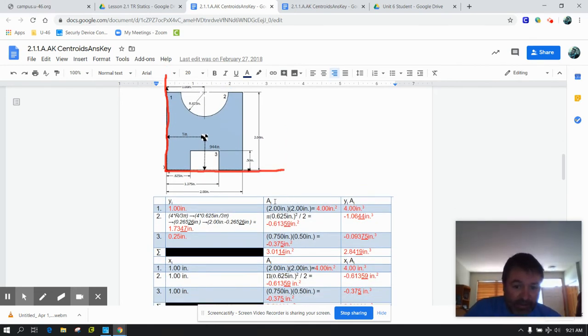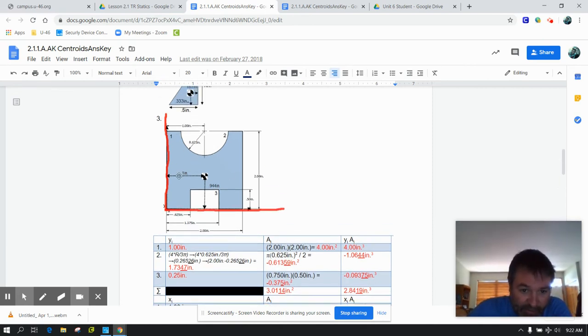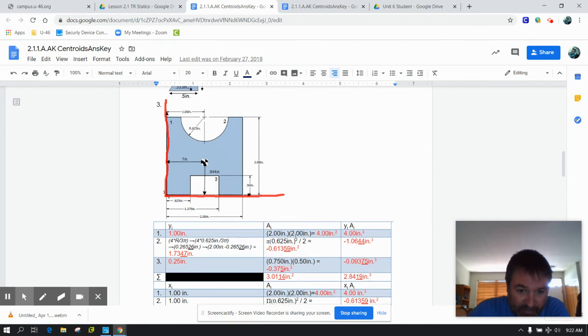For A1, this is the area. All you're doing is finding the area. The area of shape 1 is 2 times 2, that's the height times the width. The area of shape 2 here is for the semicircle, and the area of the rectangle is base times height. And these two are subtracted because we have this shaded blue area here, shape number 1. We're subtracting shape number 2 and shape number 3 from it, area-wise, because we want to try to